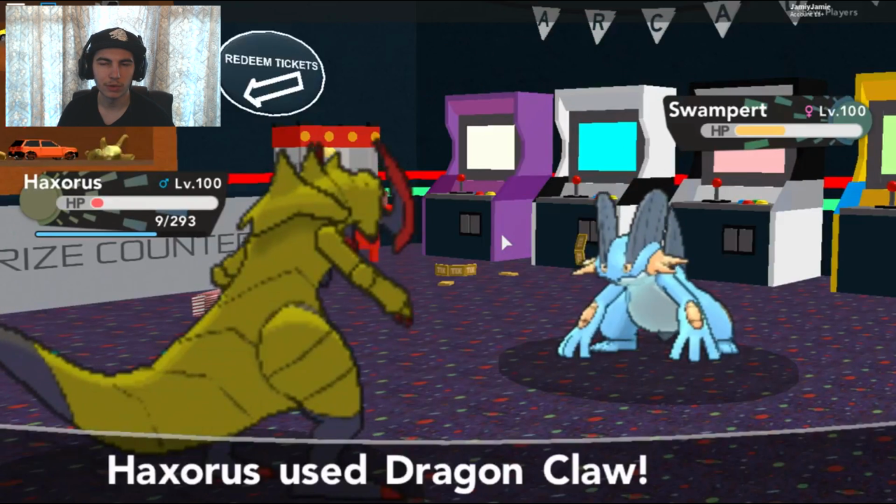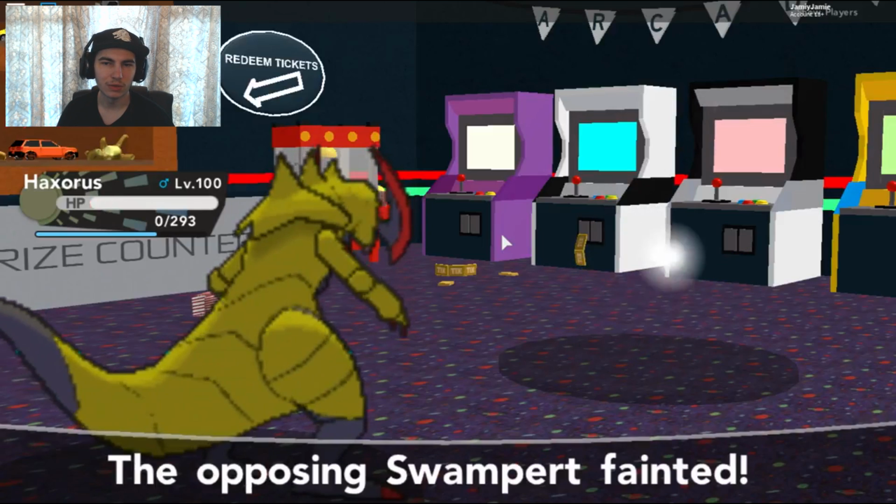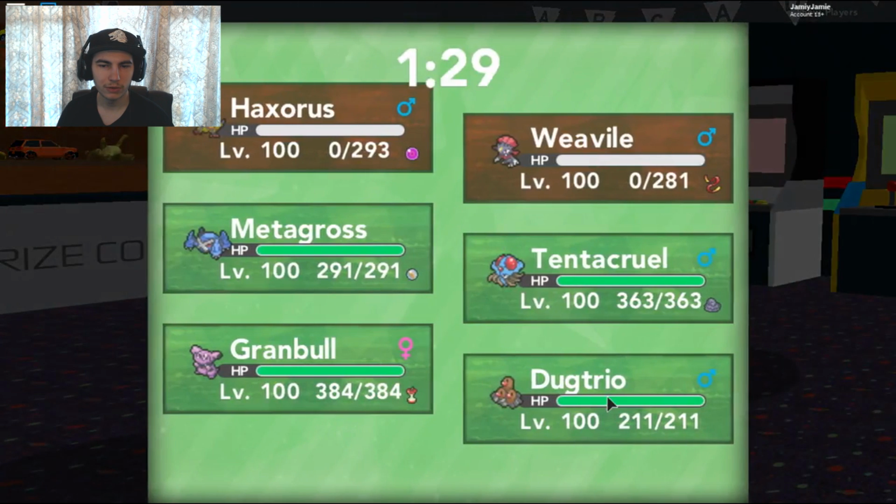But Dragon Claw for the Swampert, our hardest hitting move. Didn't he need to Iron Tail? So good job, we didn't have to risk a miss. So the next Pokemon will be his Magnezone. So we will go into the...